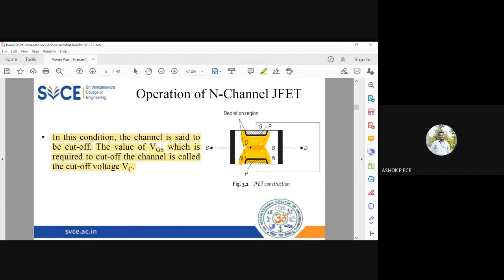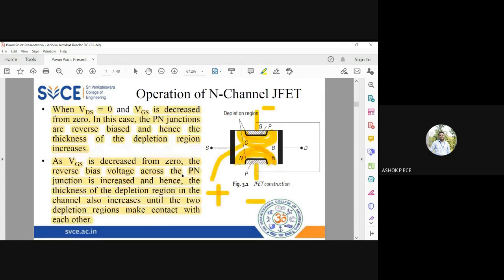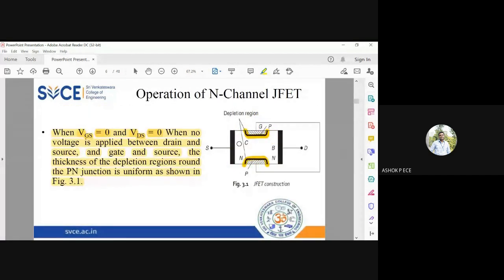Okay. See, this operation of the JFET will be completely different from the operation of the BJT. In the BJT there are three terminals, here also there are three terminals, but everything is dependent on voltage here. There, everything was dependent on current, right? So any doubt? In the very first condition we have seen, both the voltages are 0, so we have just said that a depletion region is formed.